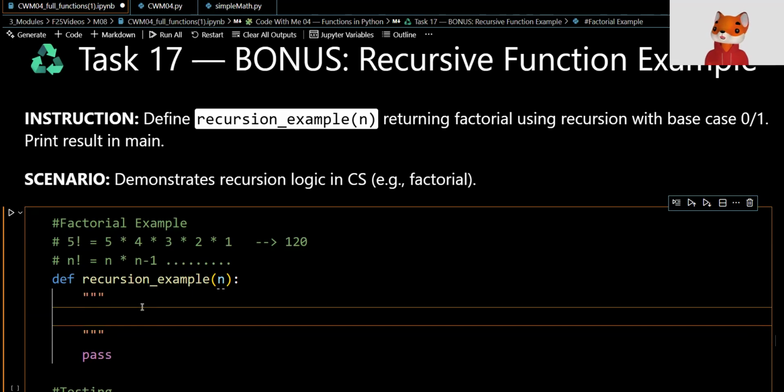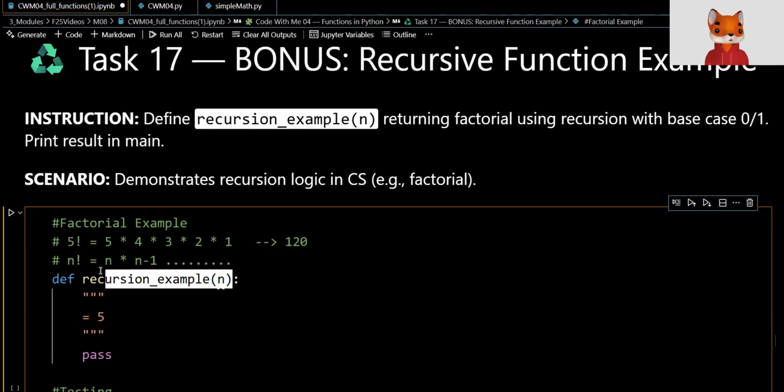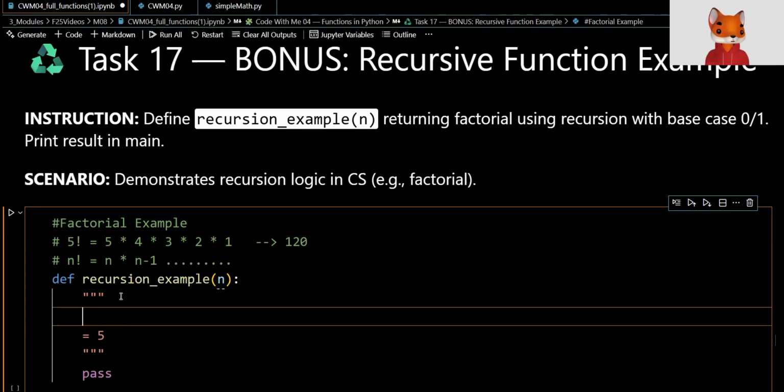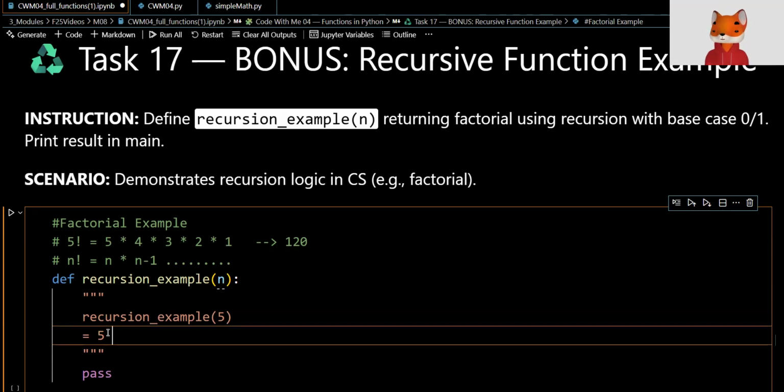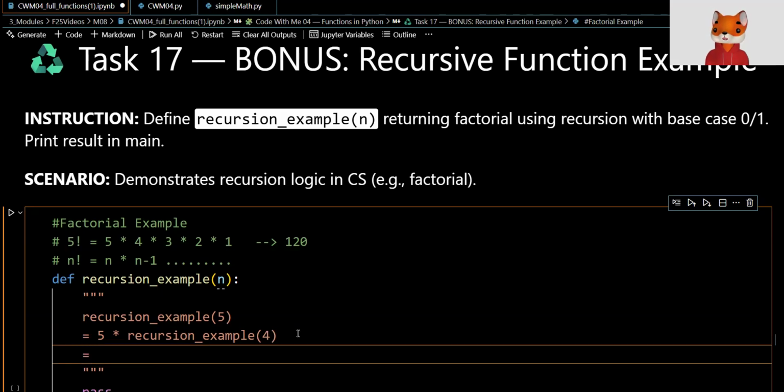We're going to do a docstring for that. So here we're going to have 5, and let me put this in here first. So we pass in 5, and so we know the first time around it's going to be 5 times the recursive call, and inside of here it's just going to be n minus 1. So in this case, it's going to be 4. And then this is going to get called again. So in this case here, we have 5 times